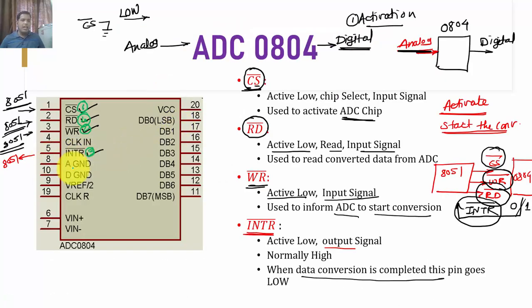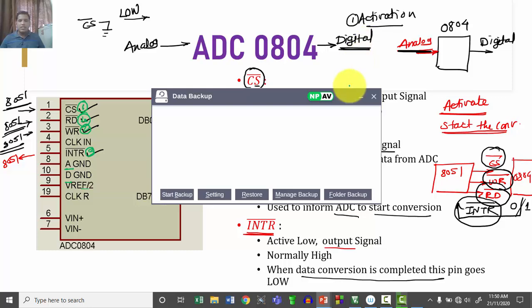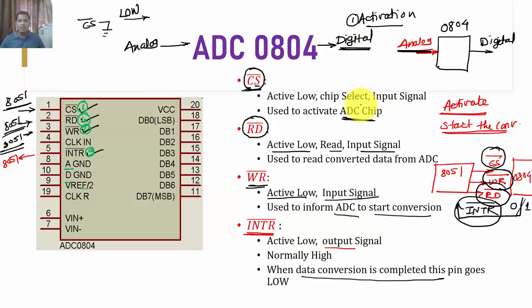Here the analog ground and digital ground we have to connect to ground. The reference voltage, generally plus 5 volt, we put here. Sorry for this. Whatever input quantity is coming from the sensor, V in minus we connect to ground. The analog quantity coming from the sensor is given as input to V in plus. So simply give the analog quantity as input; this analog data is present on V in plus, right?